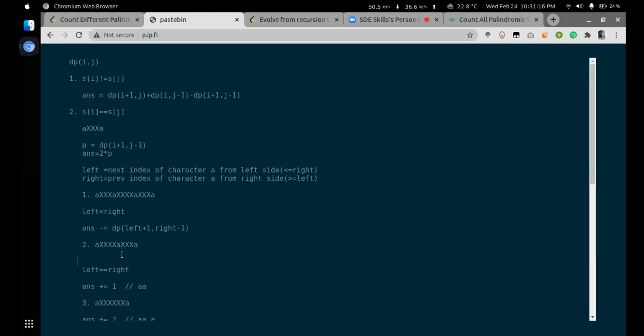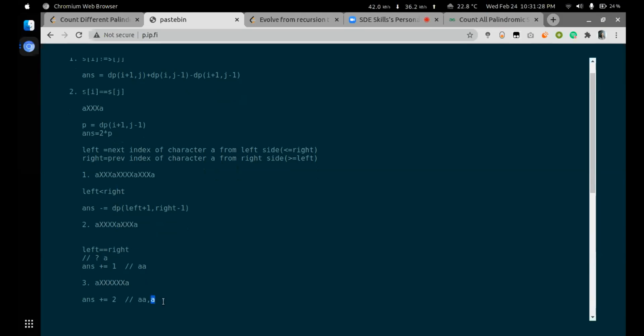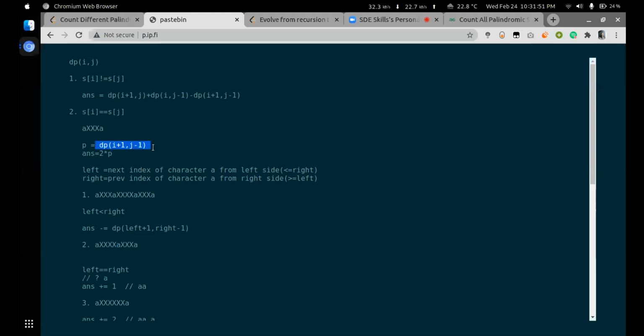Yeah, his question is why I am not considering only one A. Because in the third condition I am considering a single A also, but in this case I am not considering this A. So here I'm adding only one, but there I'm adding 2. The reason is, if you just delete both the endpoints, then this A will contribute one distinct palindromic subsequence itself. This is counted already when I was taking the general one between both the endpoints. So this is why I don't need to consider this again.